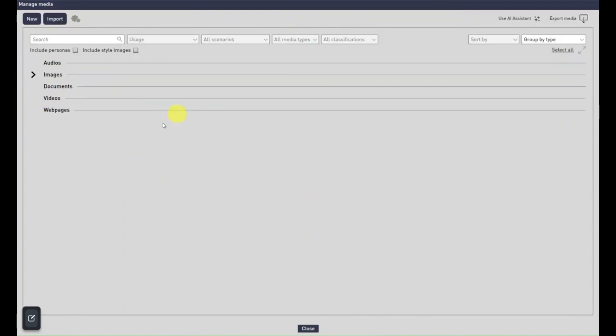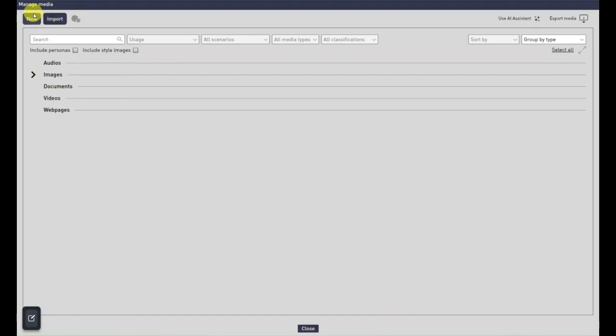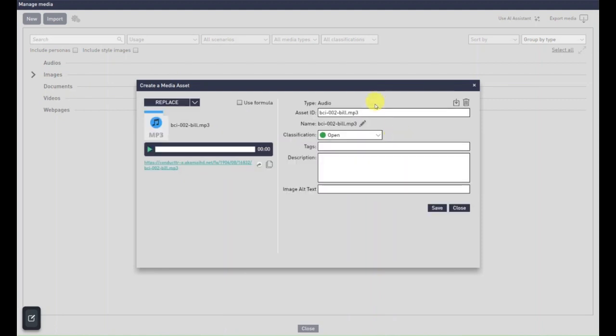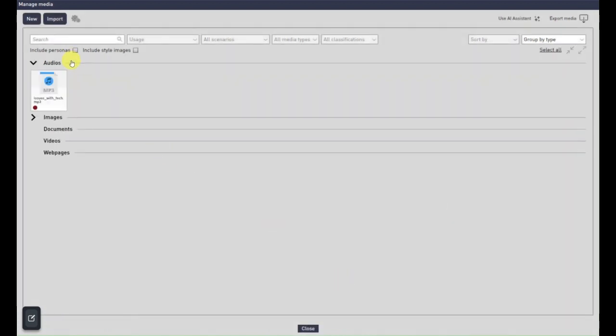Another way is through URL. I've just copied the URL of an audio file that I found in Ventura. So literally just select here and press copy, and now I'm going to go back to the scenario editor and press new from URL, and then you can paste it and add, and then you can give it an asset ID. So I'm going to say issues with tech, I think as well, and save. And now you can see our audio file is here,